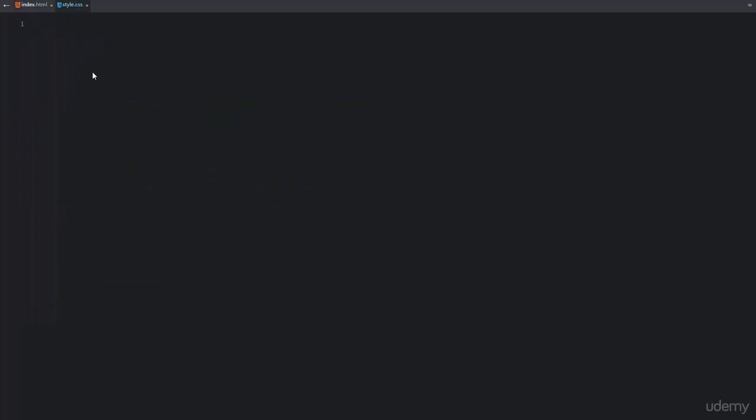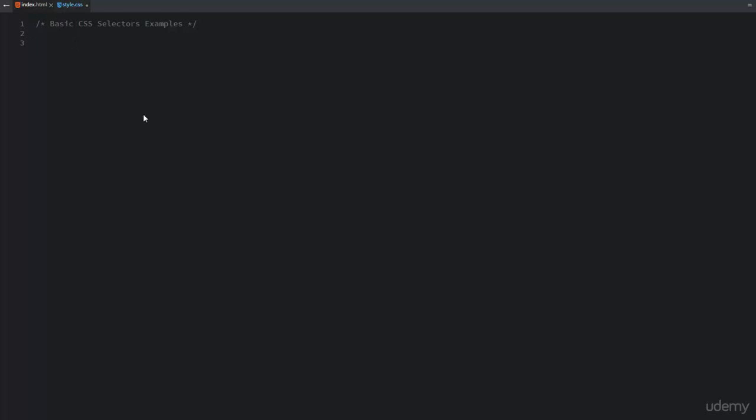Before I write any CSS inside this CSS file, I want to show you how you can write comments inside a CSS file. To write a comment inside a CSS file, you write / and then star, and after that you write a comment like basic CSS selectors examples. And after writing the comment, you write star and then /. This way you write comments inside a CSS file.